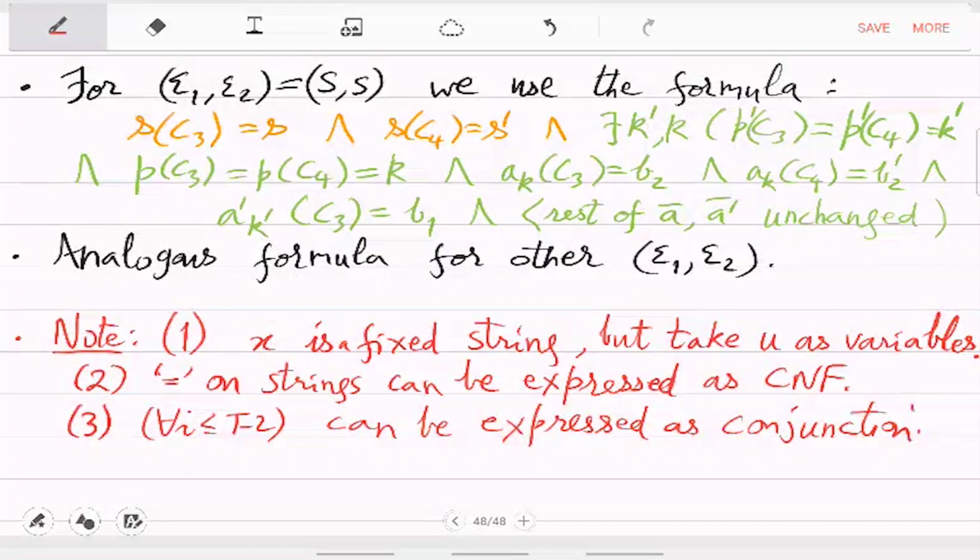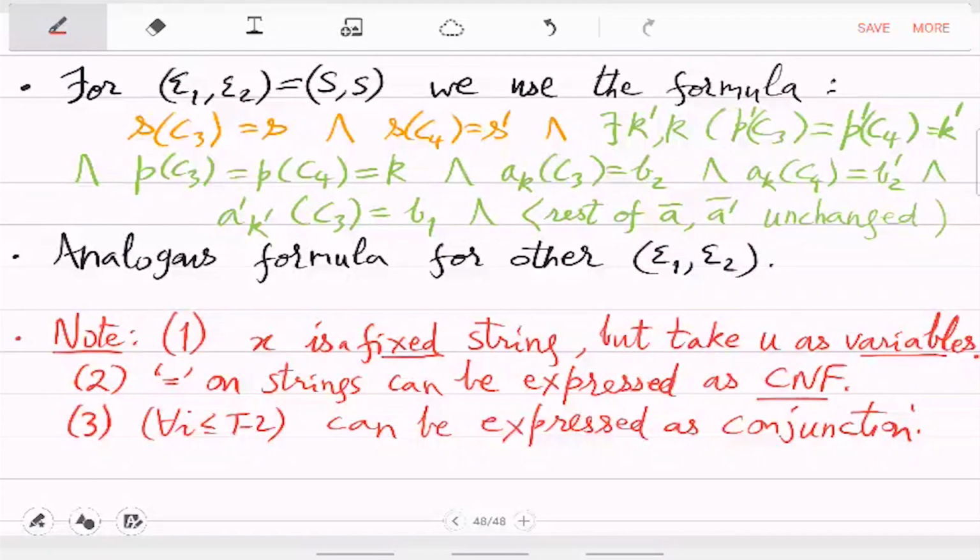You have basically for every i we have given some formula and then do it around t many times. Just copy it that many times. That is not a problem. And